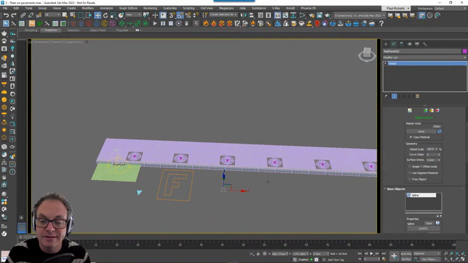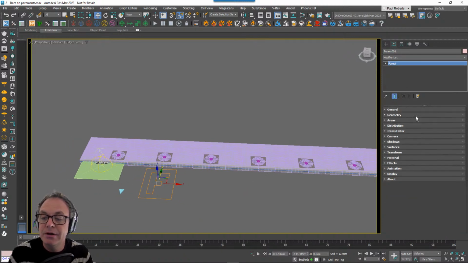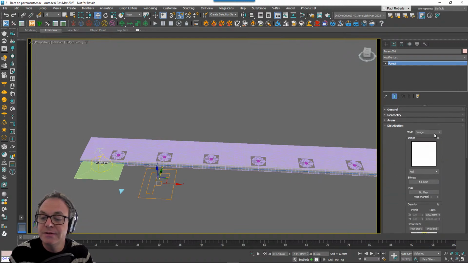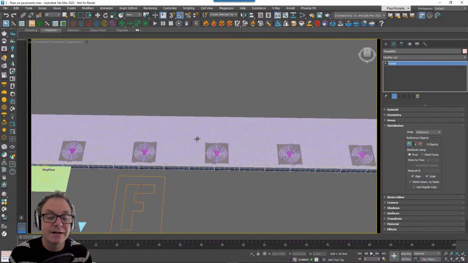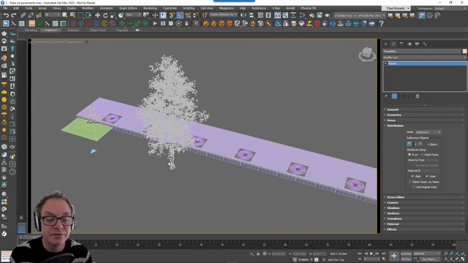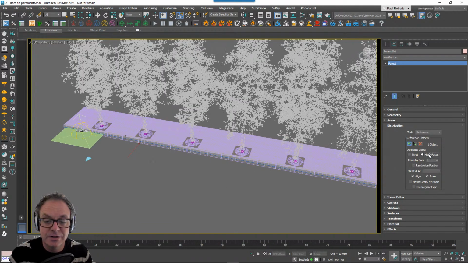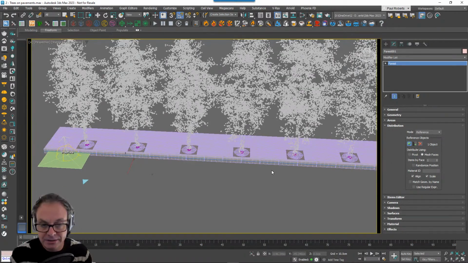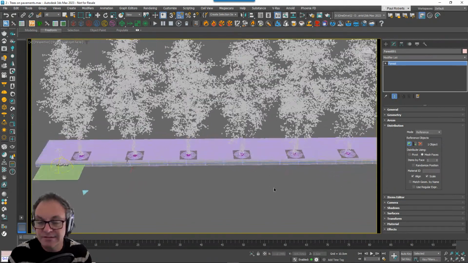I've already added the trees because I'm pretty sure everyone knows how to do that. And what I'm going to do is to change the mode in the distribution rollout from image to reference. And in the reference list here, I'm going to click on the plus symbol, and I'm going to pick that RailClone object I just created. Now what I've got at the moment is one tree, which is on the pivot point of the RailClone object. But if I change it to mesh faces, then I'll get one tree on every triangle in that mesh. Okay, and you can see that's popped them all exactly on the basins where we want them.